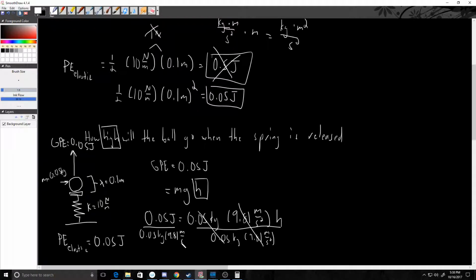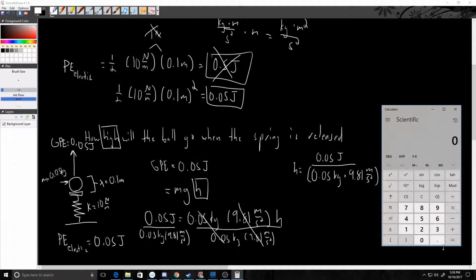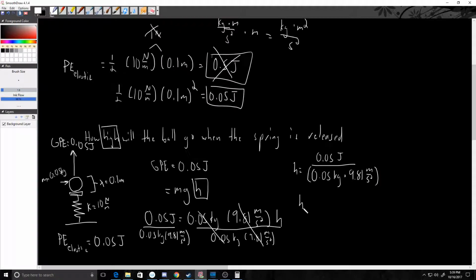Try to write a little bit smaller. All right, so this tells me exactly what I need to do. So height is equal to 0.05 joules divided by 0.05 kilograms times 9.81 meters per second squared. All right, so that's what I need to type into my calculator. So I got 0.05 divided by parentheses 0.05 times 9.81 close parentheses equals, I got that this will reach a height of 0.1 meters,